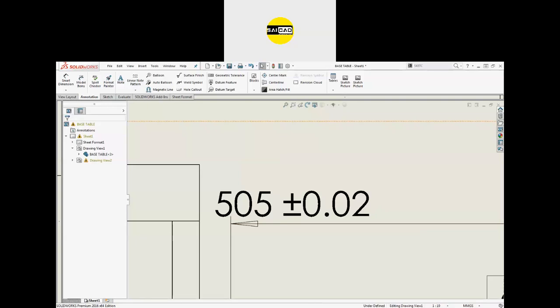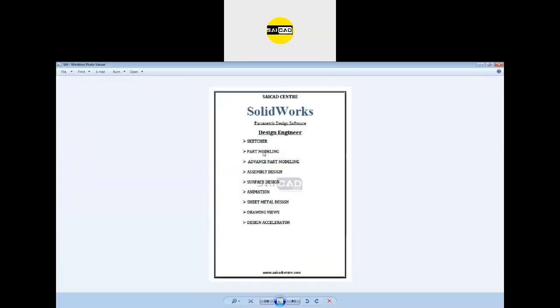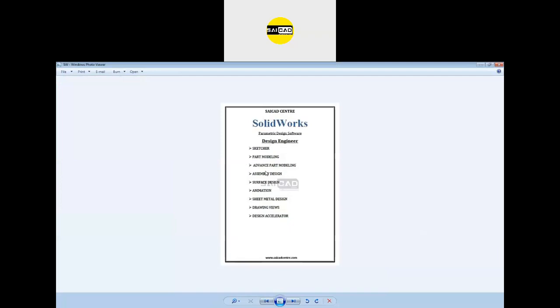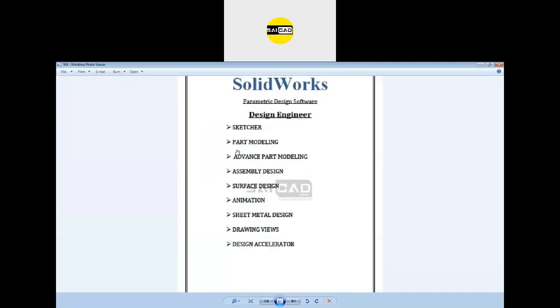I will just show you the syllabus for the training here. That will be this one. Okay, so this is the syllabus for the SolidWorks essential training. We have covered the sketcher till now, the part modeling, but in the part modeling you will also get solid, the surface, the sheet metal, and in the assembly design you will also get the motion study.